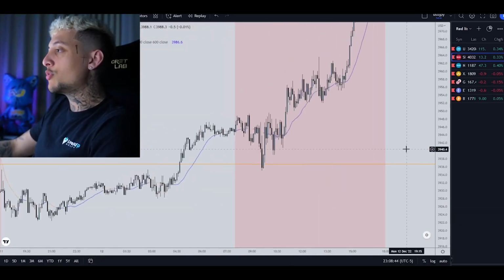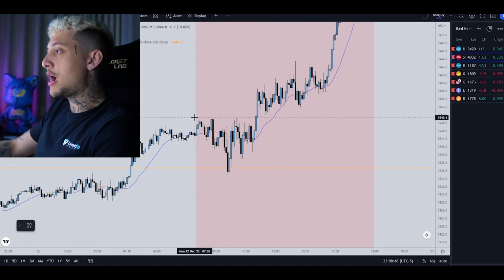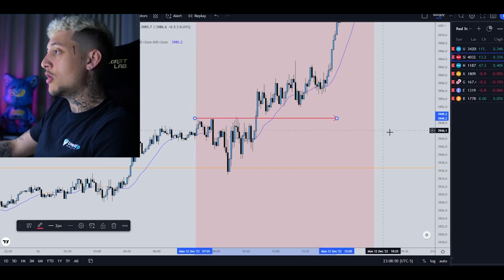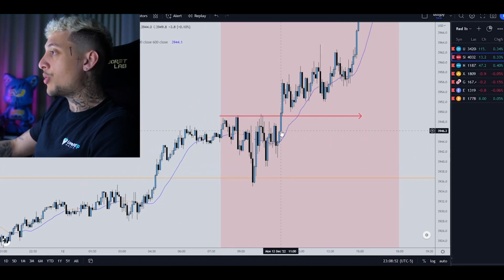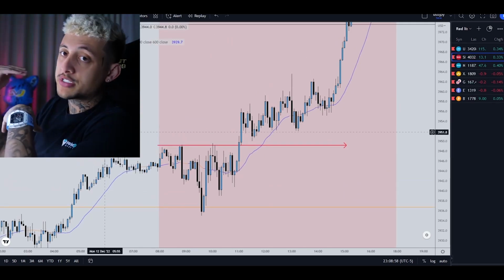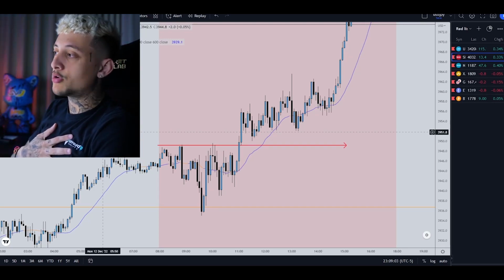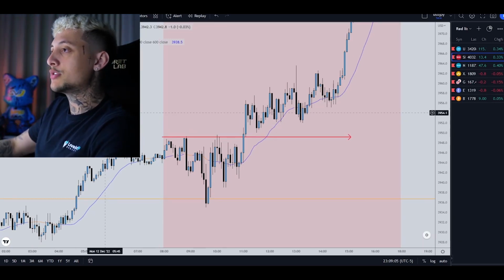So in a situation where price is clearly in a bullish condition and we identify the high of the day being over here, once price ended up closing above the high of the day and making new highs, then essentially the probability for price to continue to go up is a lot higher. Now personally, my favorite trade setups again are taking trades at the support or resistance levels, but in a situation